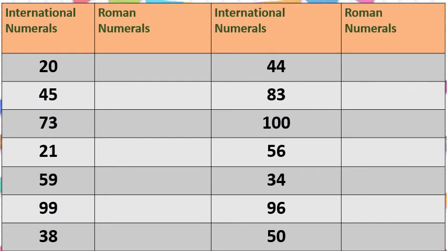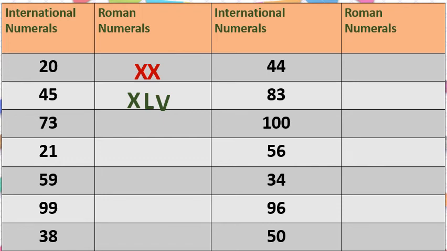Now we will move. Here one table is there, and now we will practice writing these numbers in Roman numerals. Okay. First one, 20. This is very easy. You know that. 10 plus 10, that is 20. This is right. 45. How will we write 45? 40 means here we will write 50, that is L. Then we will subtract 10, so I am writing X to the left-hand side. So it became 40. And 5, you know the symbol V, we will write to the right side. Okay, so it is 45.